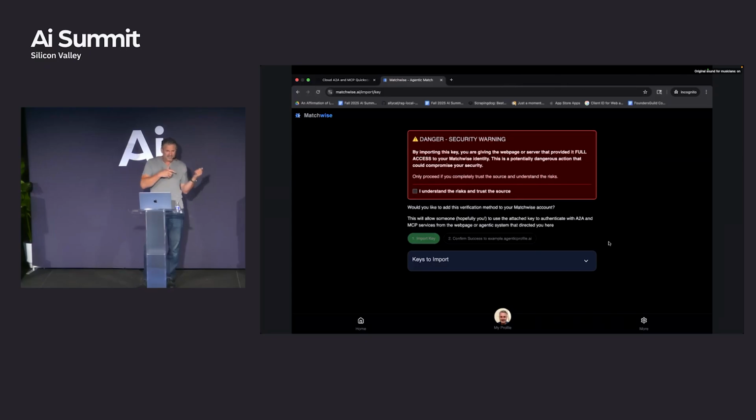So this is ignoring the ugliness of the screens right now. You're on Matchwise right now, so we left the example website, which is a third party. We've moved over to Matchwise, and this third party said, hey, Matchwise, the user just logged in. Is it cool if I register some keys with you? And this is super dangerous stuff. This is the fun stuff in here. The person has to understand that some third party now is going to have keys that are in my DID. And I say, I'm cool, and I say import.